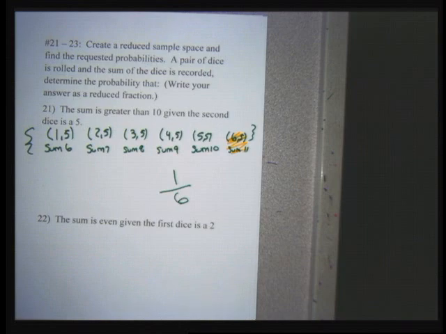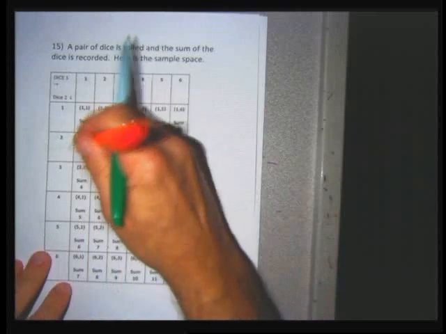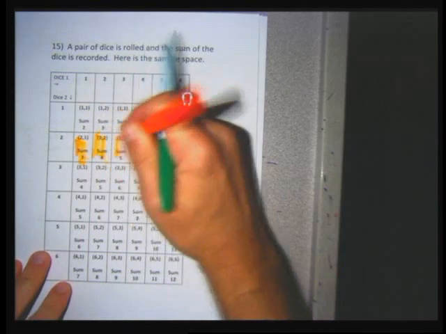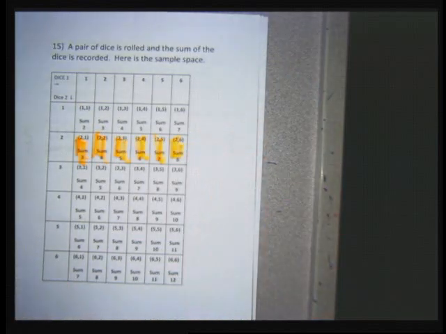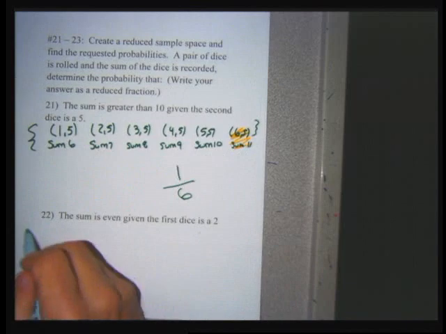For 22, I need the first dice to be a 2. So I'm going to go through the sample space and mark out all the ones that have the first dice as a 2. That's the sample space I'm going to use to answer this question. So the sample space I'm going to use is